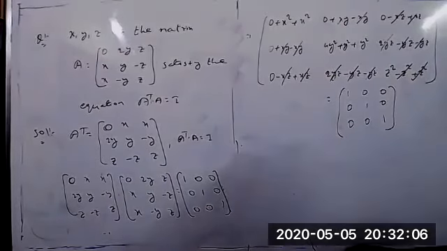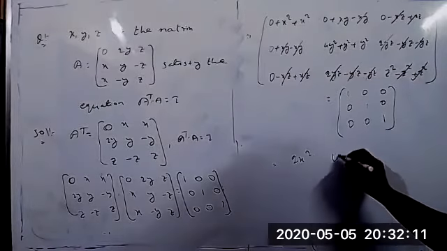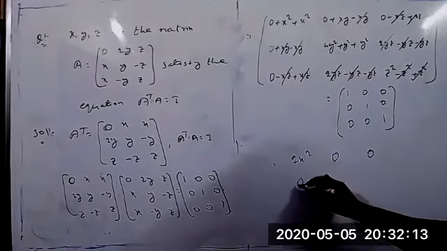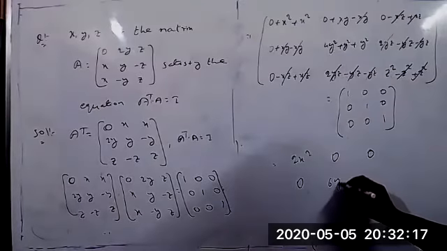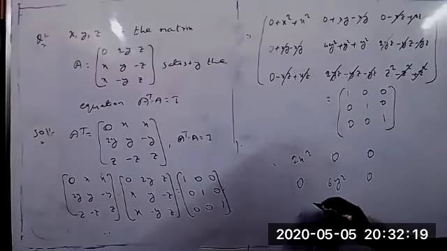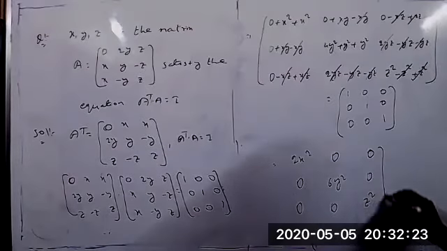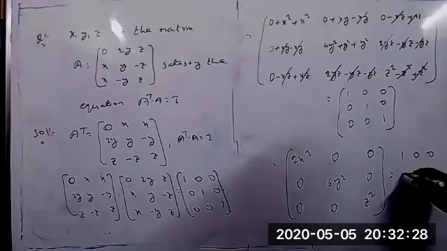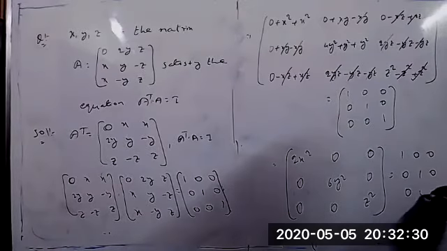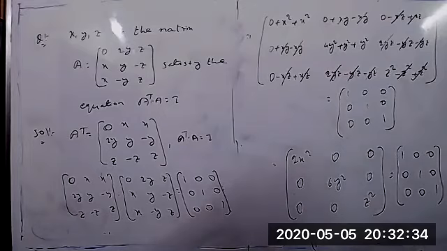So x square equal to sum of these two values, you can write now 2x square, 0, 0 and 0, 4 plus 1 is 5, 6, the 6y square, 0, 0, 0. This is only z square. So it is equal to 1 0 0, 0 1 0, 0 0 1 now. Now you can equate the two matrices. If two matrices are equal, the corresponding elements are equal.